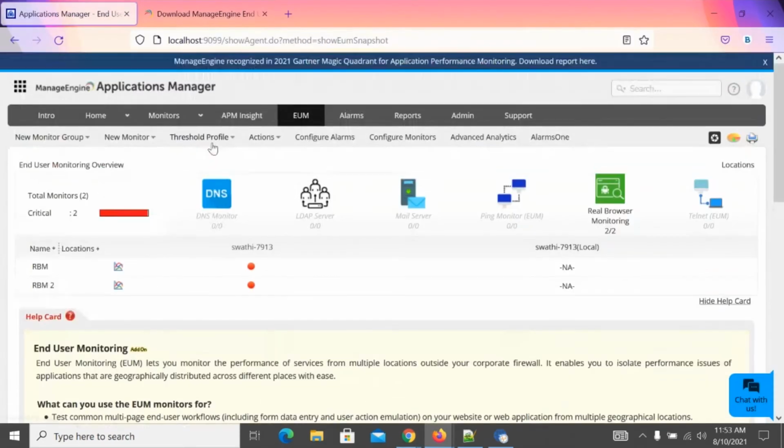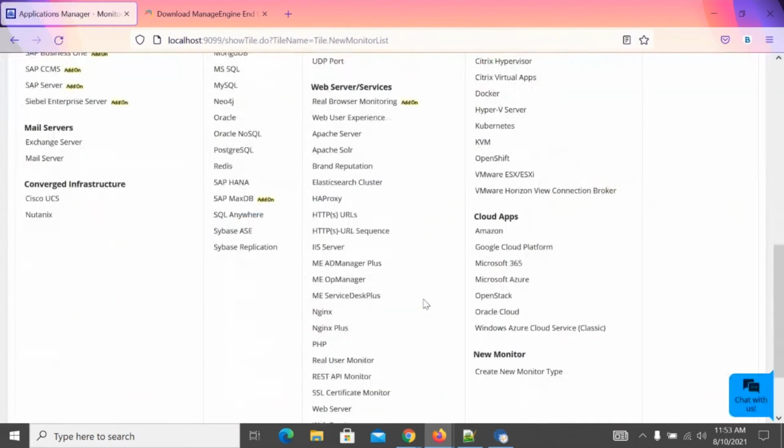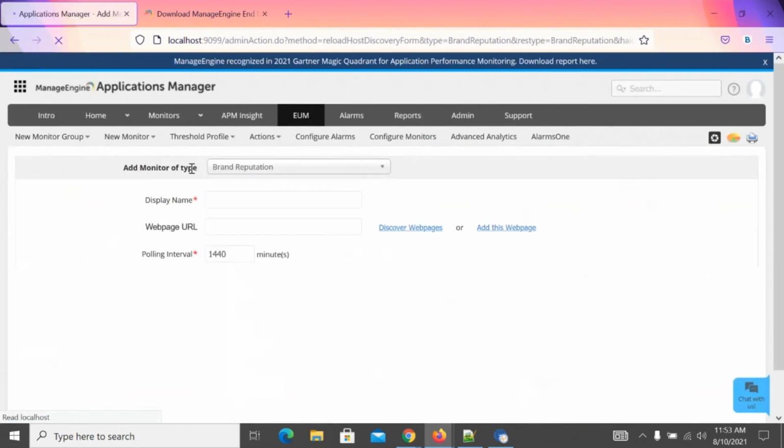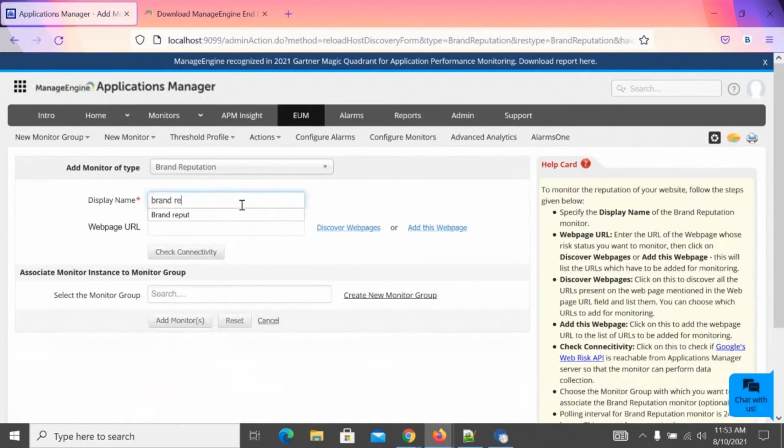Just going to New Monitor, Add New Monitor, selecting Brand Reputation, which is under Web Servers, giving a display name as brand repute, and entering the web page URL as manageengine.com.